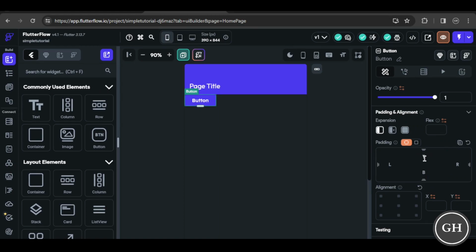For example, I use 20 pixels for padding top, padding right 25, sorry, delete, padding bottom 20, and then padding left 35,